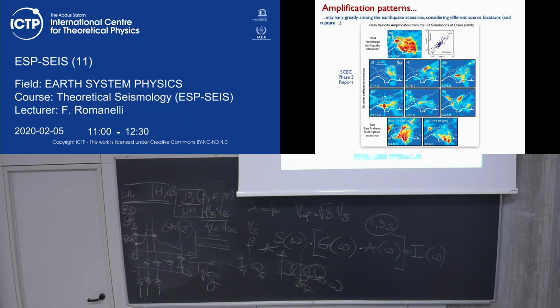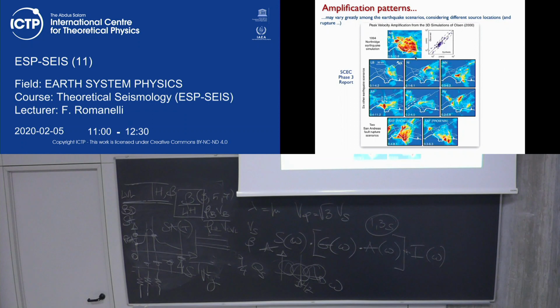This is the Los Angeles Basin. It's a broad area, by the way. San Francisco, I think. I don't remember. Yes. Well, it's Southern California. The basin is a large area with different scenarios there.